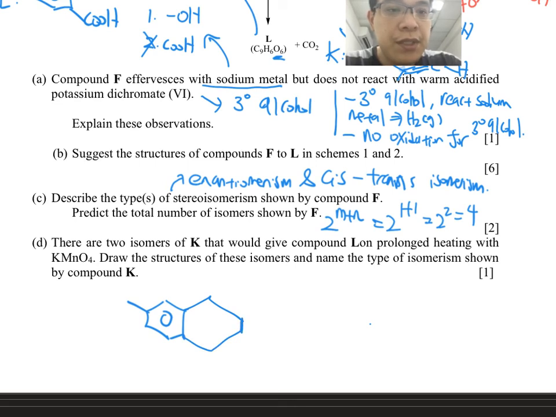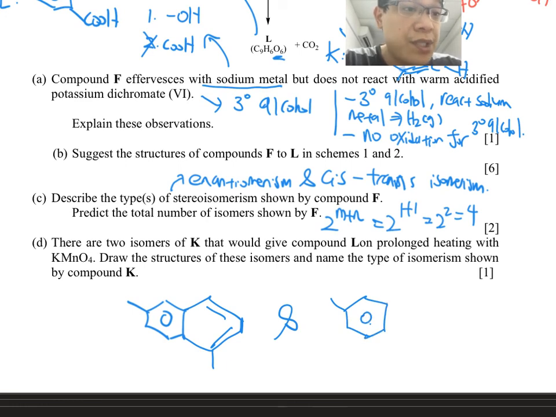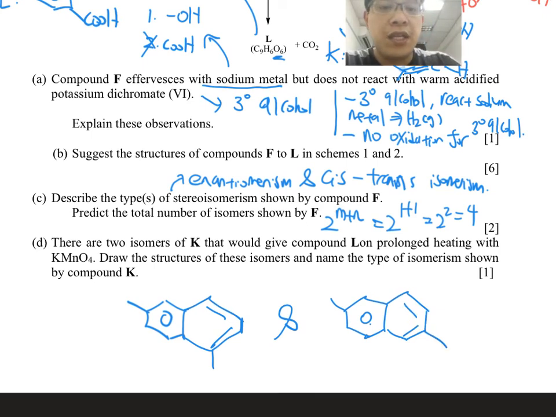So here, that means this one here should be a double bond, and this one. Right, this is one isomer. So another possible isomer that will give you the same product as L, I think maybe it's this one. You just get the same product after oxidation. So maybe you can predict that you purposefully change the position of this carbon. Because you see, if you change the position here, this one can go through side chain oxidation reaction as it still has a hydrogen. You still go through your side chain oxidation reaction, or vigorous oxidation reaction, to give you the final product.